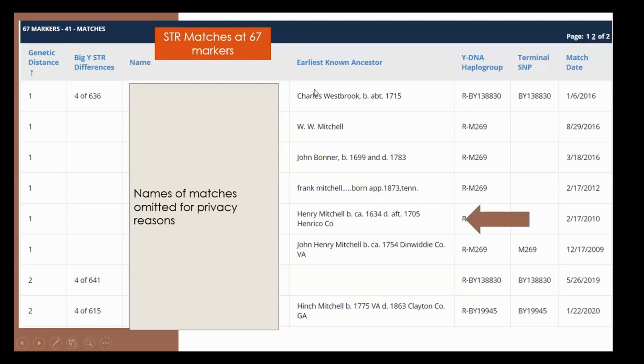I can't show those. Over here in the middle column, earliest known ancestor, this is basically telling us their earliest known male line paternal ancestor. These men have put in who their earliest known ancestor is. Most of them are Mitchells. Some of them are not. We're not going to worry about the people that are not Mitchells at this point. Of the 41 matches that my uncle has at the 67 marker level test, I believe 3/4 of them are Mitchells, and the rest of them are either mostly